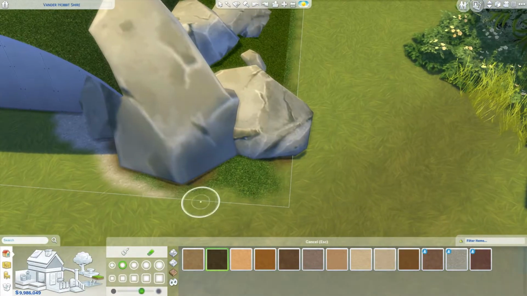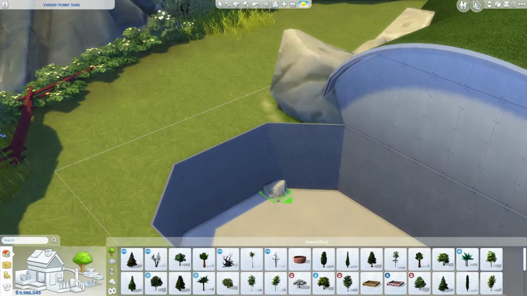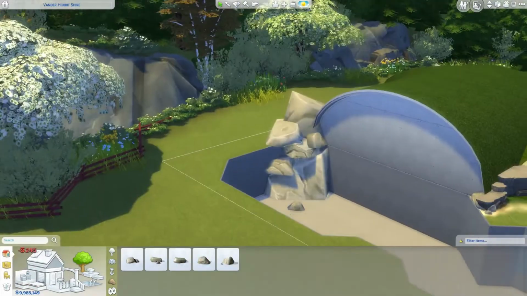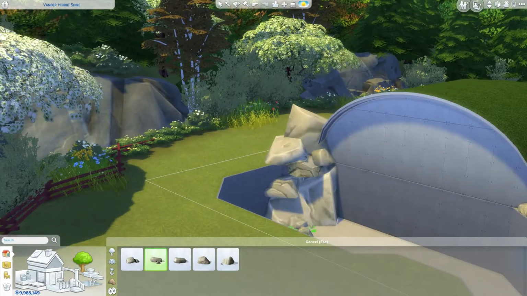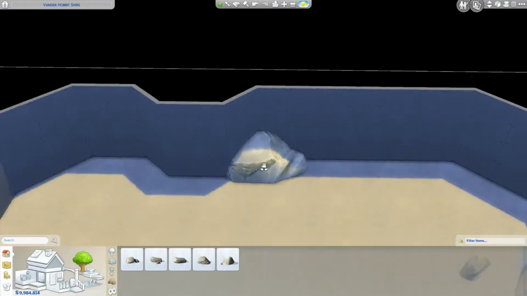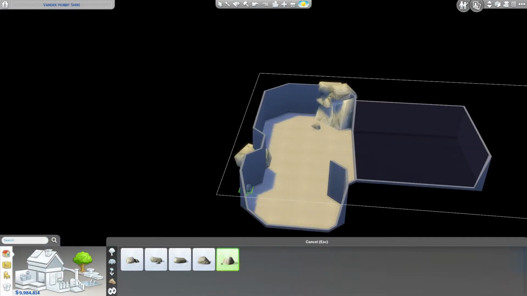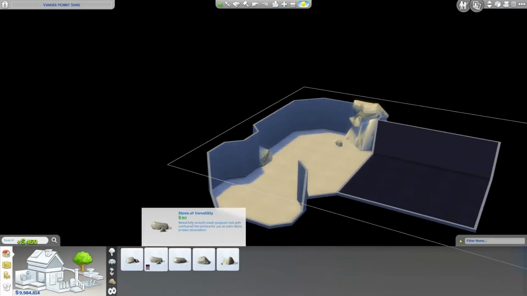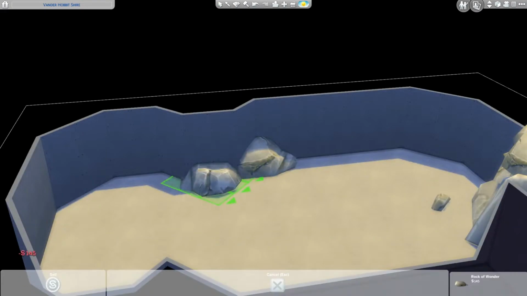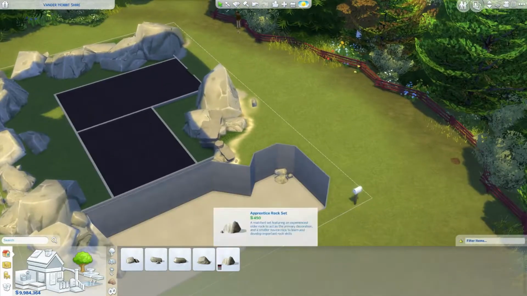Add a little bit of browns, add a few rocks, a few trees, and you have a Hobbit Shire. This corner was just so difficult. Eventually I fixed it off camera, because for some particular reason the rocks just would not go into place. I had the biggest effort in trying to get these rocks placed. I think it's because they are quite close to the perimeter of the property, and they just will not go